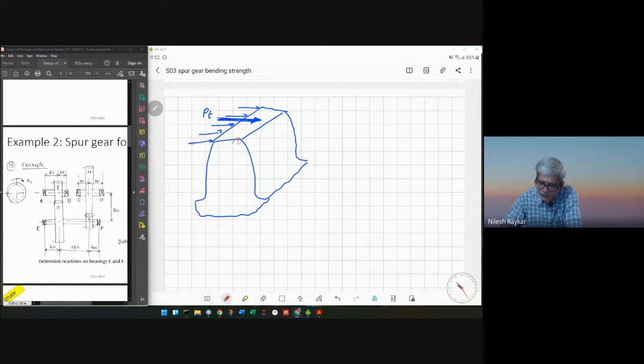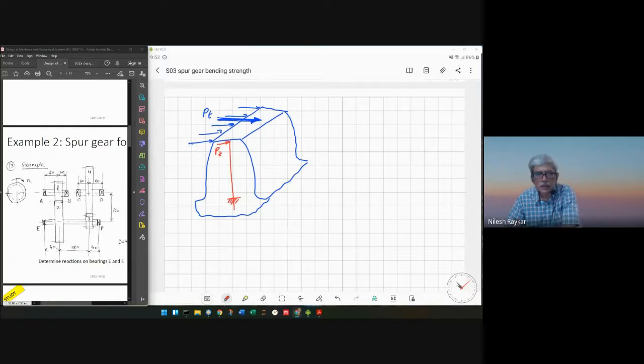So we are considering that this gear tooth acts as a cantilever which is fixed at the root of the gear, and at the edge of the cantilever you have the force PT acting. Then you design this gear tooth as a cantilever. So we calculate the bending stress. Bending stress will be given by My by I. Once you calculate the bending stress, you have to limit that to the allowable bending stress. That is how these calculations work.